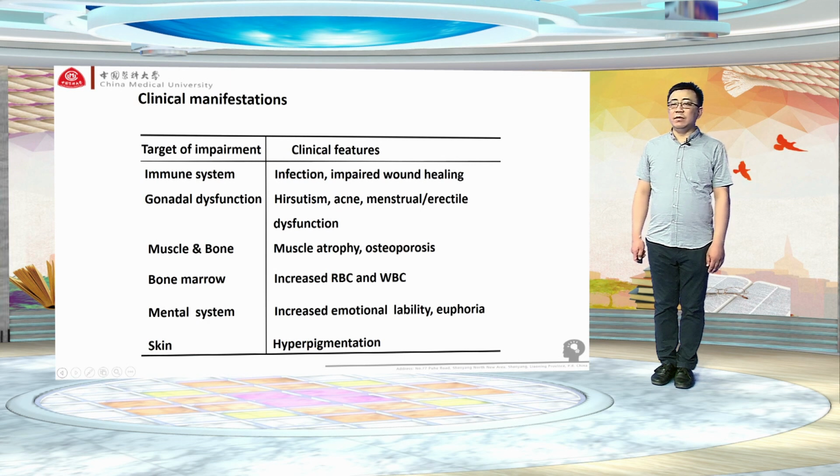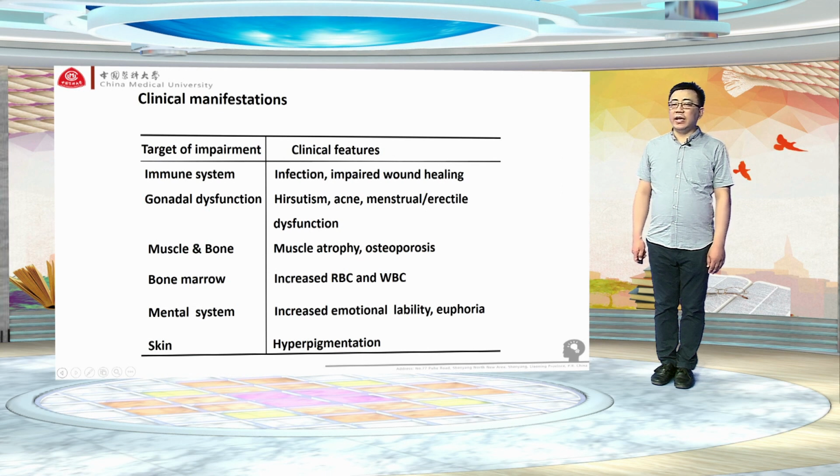For the muscle and bone, patients with Cushing syndrome may have muscle atrophy and osteoporosis, which means the bone density is very low. And for the bone marrow, cortisol can increase red blood cells and white blood cells. For the mental system, excessive cortisol secretion can increase